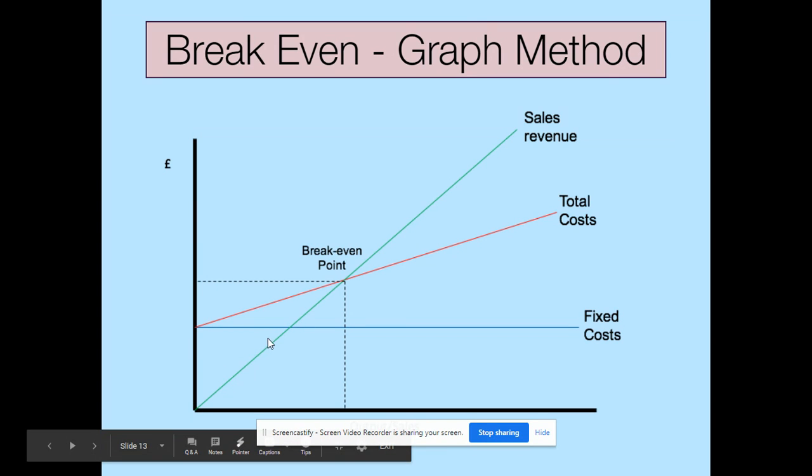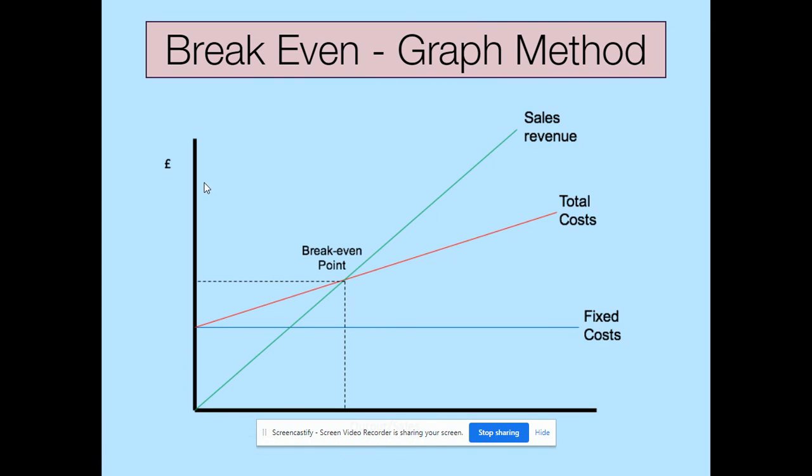Okay, so as the number of units sold goes up, so does the money that we get from it, so the pounds. Now, we know that the break-even point is the point at which output intersects